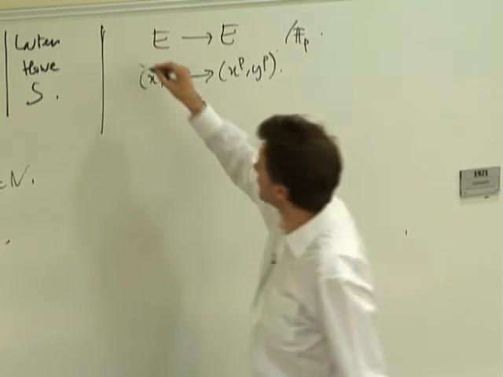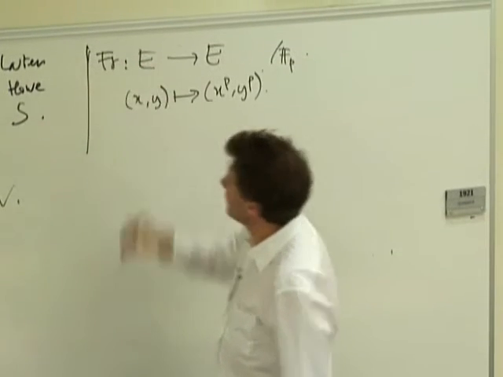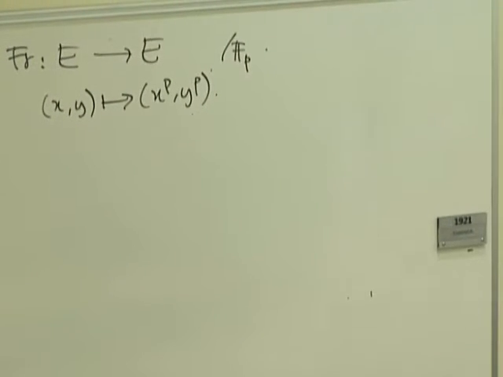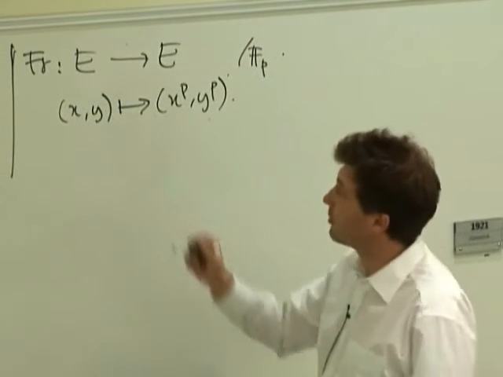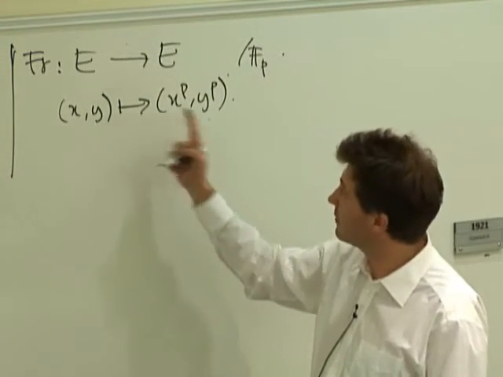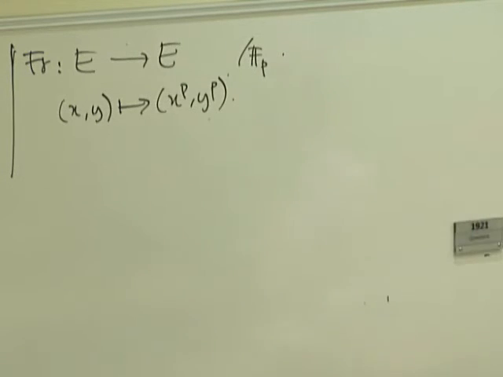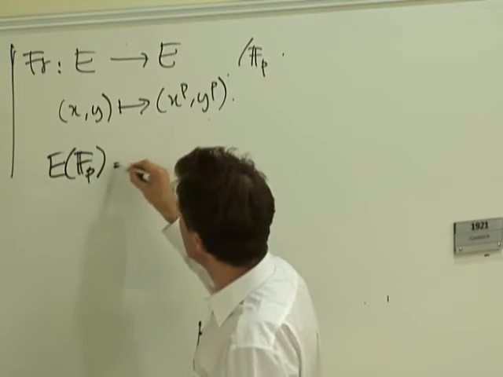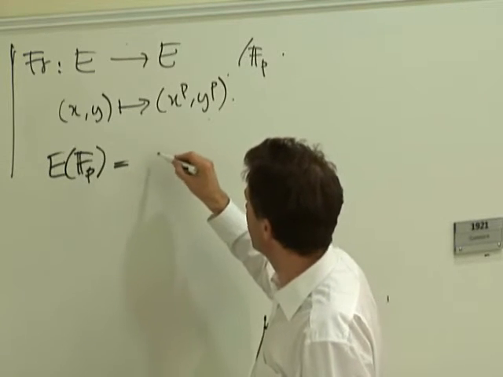That's the Frobenius. It's a map from E to itself. It's an endomorphism with respect to the group law, E being defined over F_p. We're looking for points that have coordinates in F_p, meaning that they are fixed by this Frobenius. So the set of points E(F_p) is the fixed points